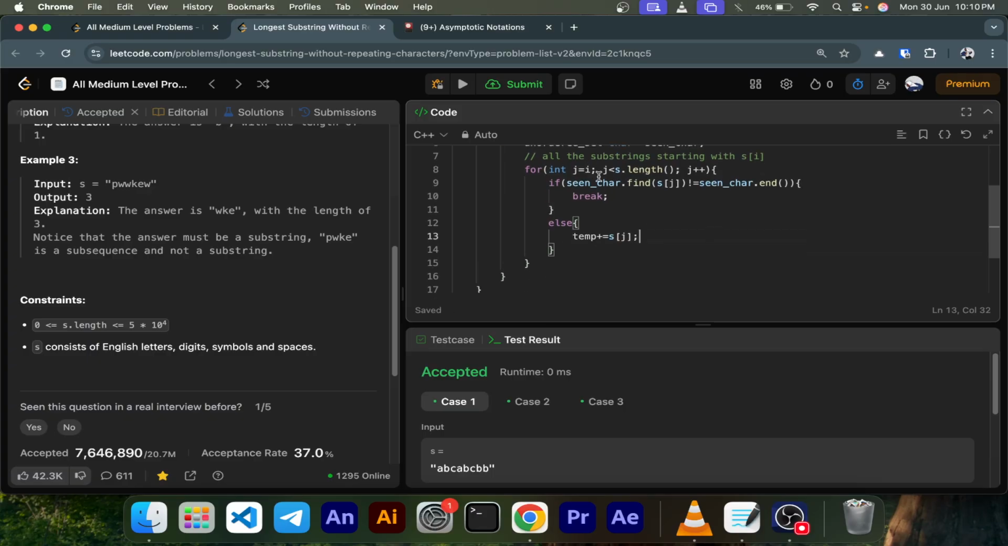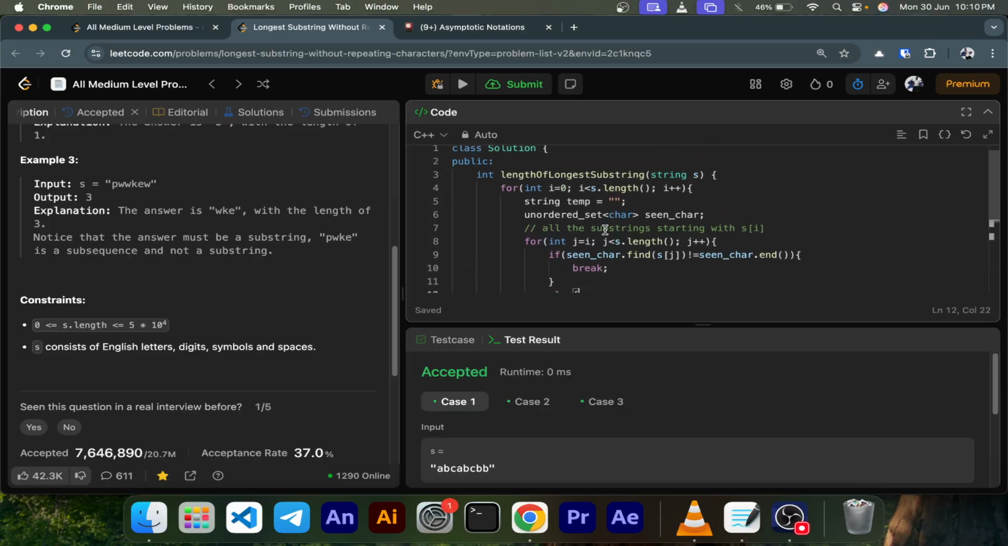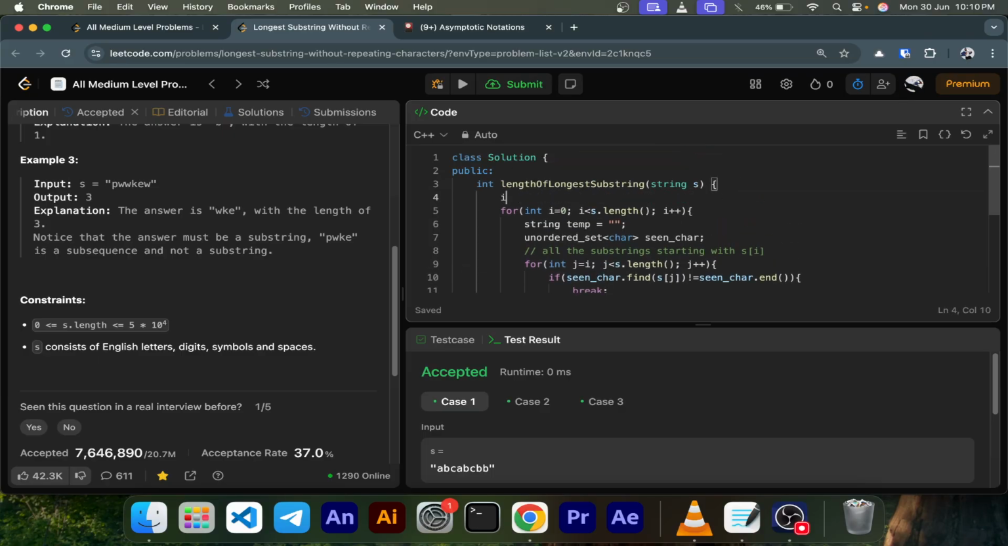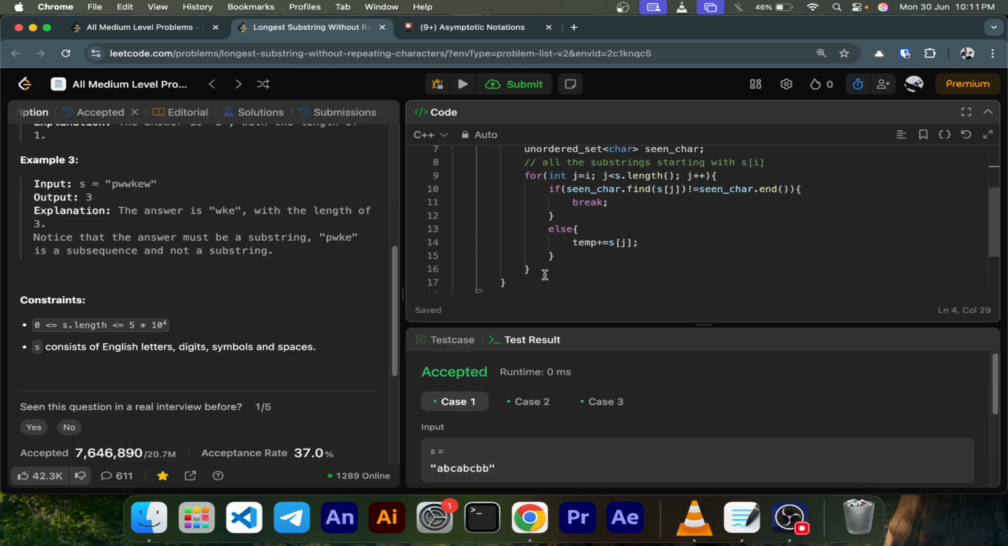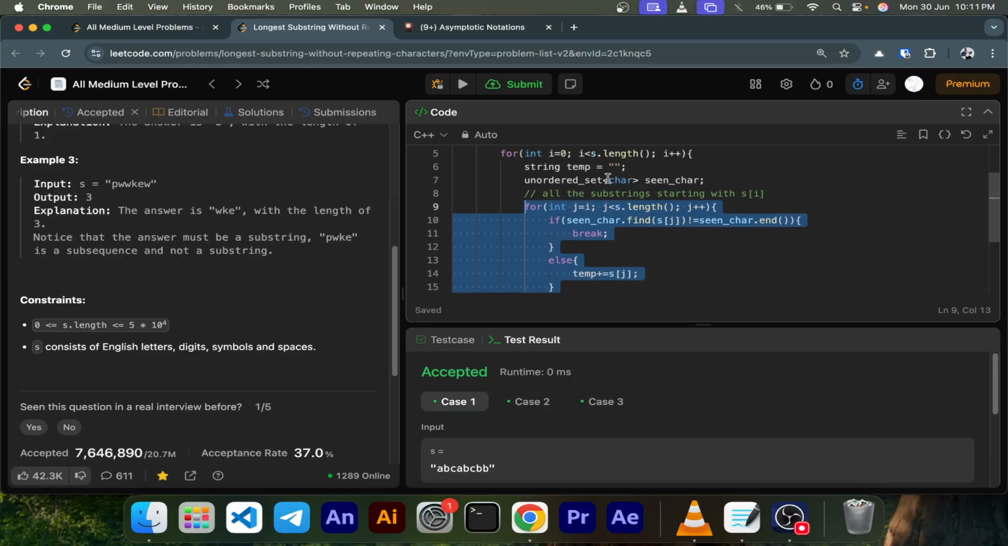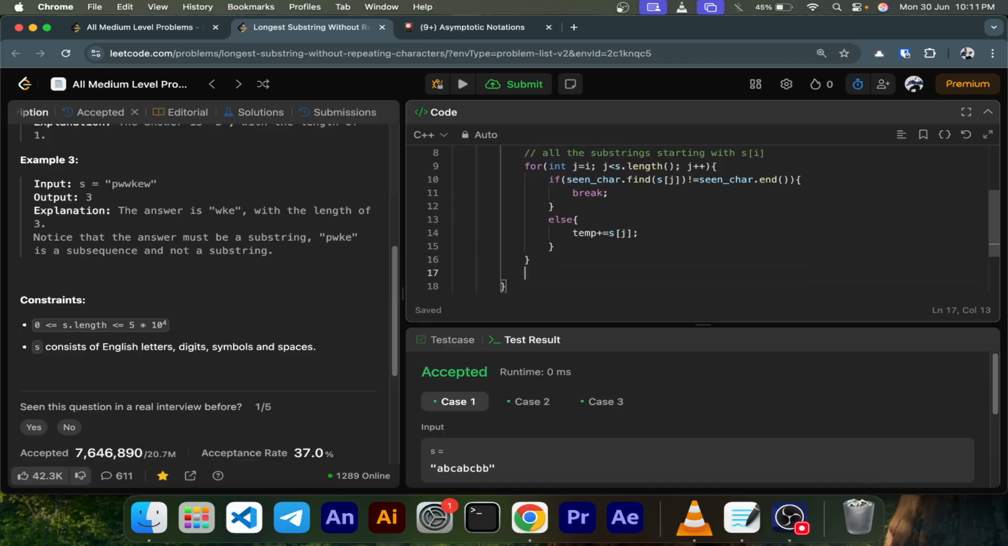And at the end of each inner iteration, we need to store the global answer somewhere. So here will be the longest length, right? Initially let's set it to 0, right? And after each iteration we will ask the temp how much length you got in your iteration. So I'll check if